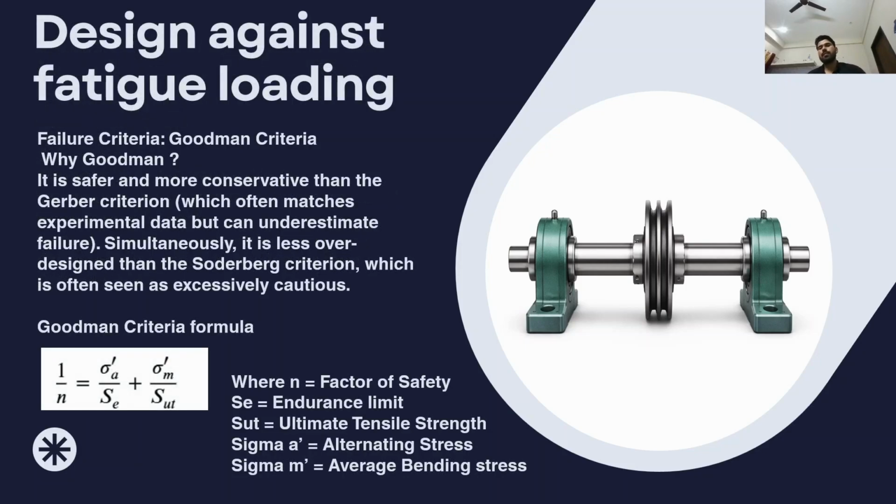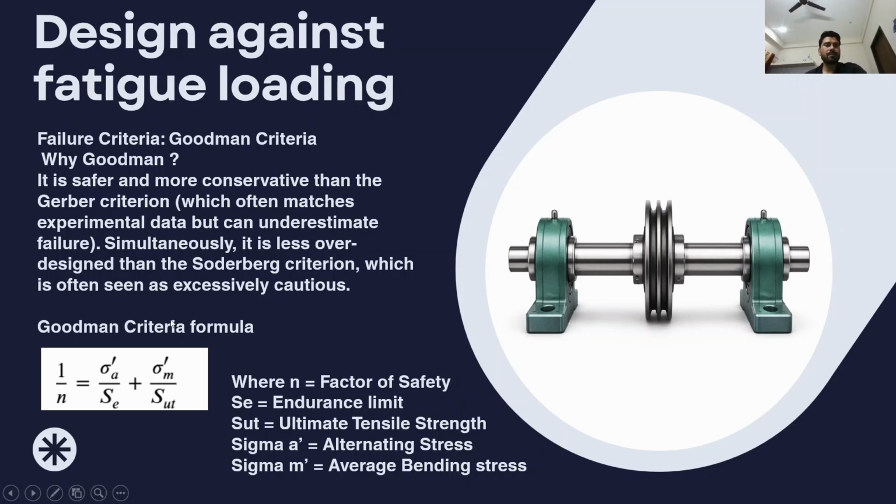Now we will check the design against fatigue loading. For fatigue loading, I am using a popular failure theory, Goodman. Why have I selected Goodman? Because it matches the experimental data very well, but can underestimate failure. Simultaneously, it is less over-designed than the Soderberg criterion, which is often seen as excessively cautious, meaning it is over